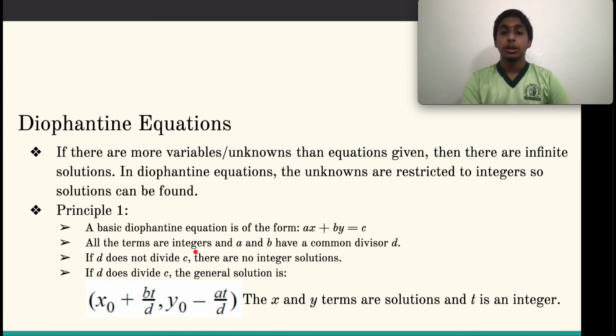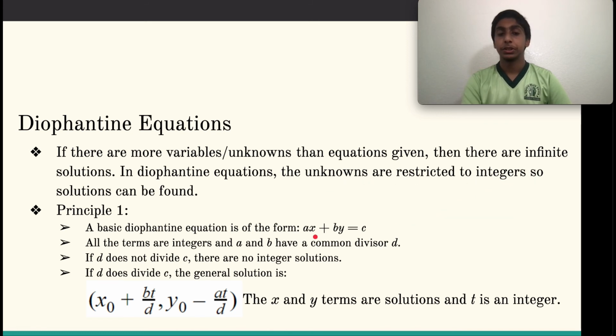Now, all the terms are integers and a and b have a common divisor d. So a and b can both be divided by this number d. If d does not divide c, then there are no integer solutions. Obviously, there will be decimal solutions or fraction solutions, or they could be decimal and fraction solutions. However, since d does not divide c, there'll be no integer solutions. And in Diophantine equations, we're going to be trying to solve for integer solutions only, because